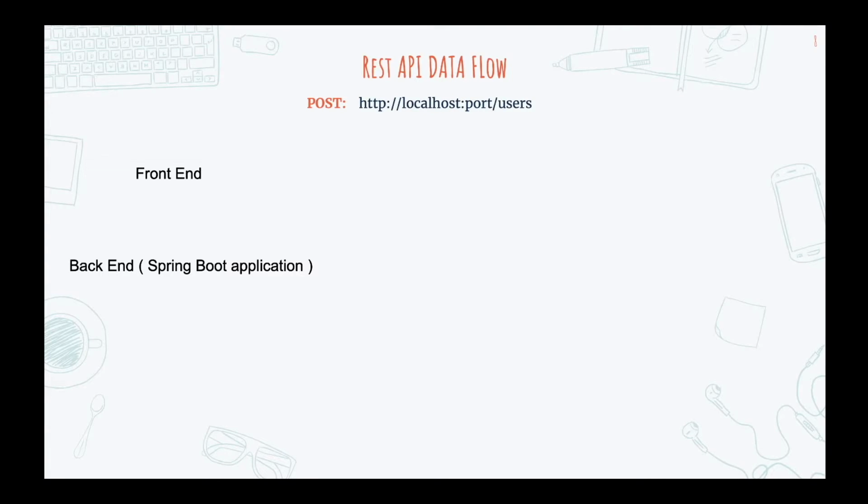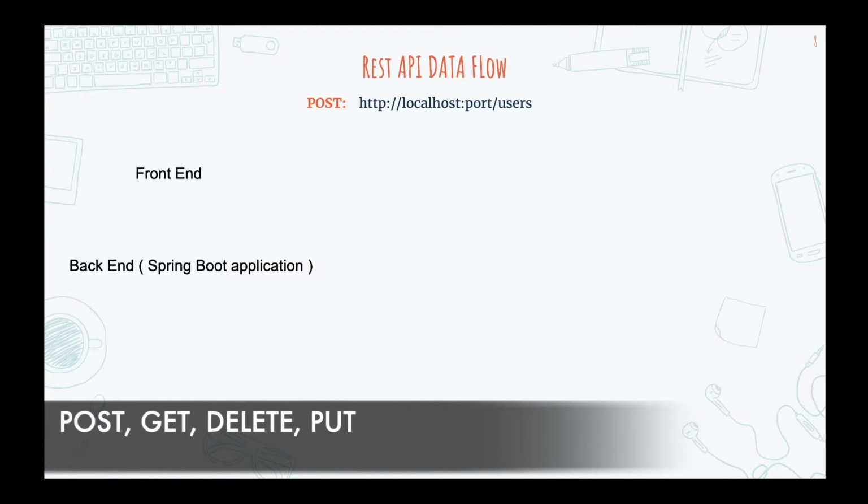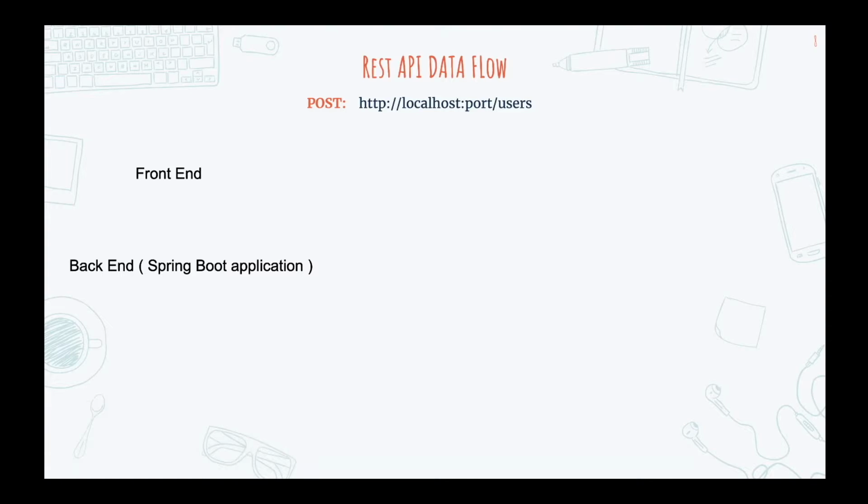And for that, within the REST service, we primarily provide 4 methods: one as post, one as get, one as delete and another as put. Using these 4 methods of accessing a REST API, our front end talks to our backend. So in the real world, let's take an example that a user comes to the front end of our application, fills up a form and submits it so that the data gets persisted within the DB.